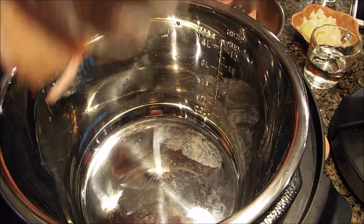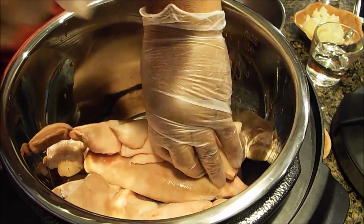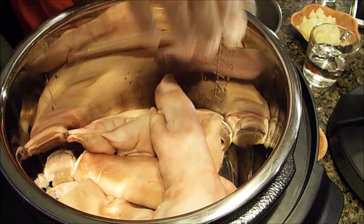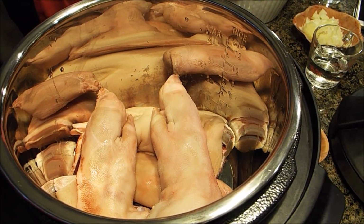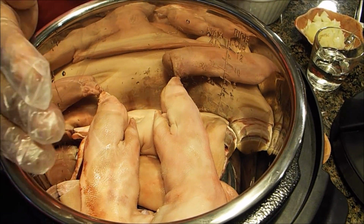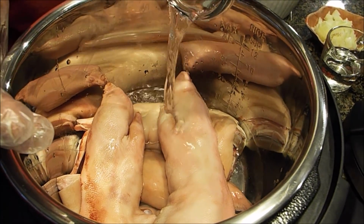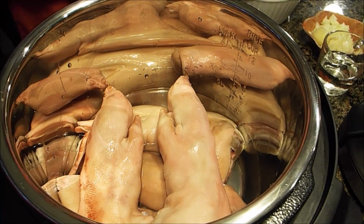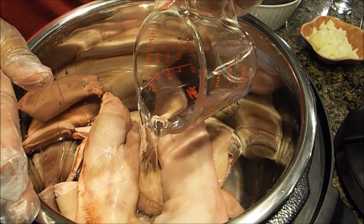I'll be right back. Okay, now I'm back, and I only have 5 split pig feet, so I'm going to go ahead and put them over inside of my container. And then I'm going to add the water, which is 1 and a half cups of water, 1/2 cup of vinegar,